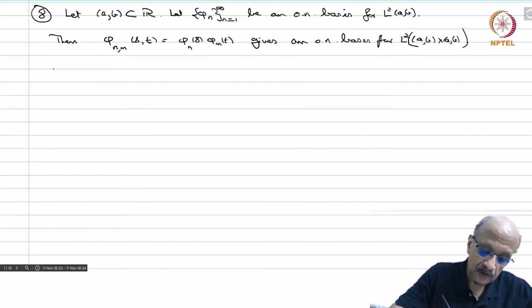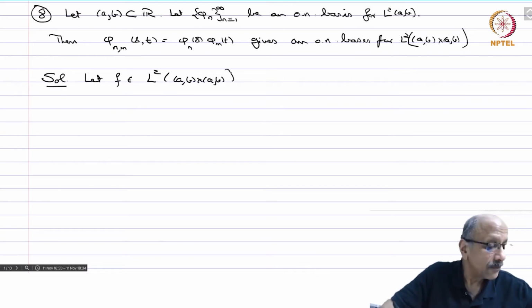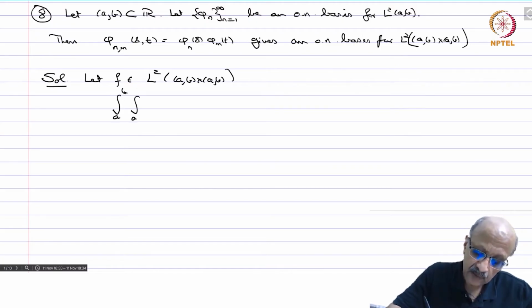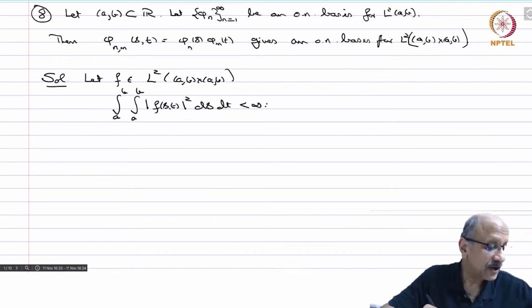Okay, so solution. So let f belong to L2 of AB cross AB. Then what do we have? Integral A to B of mod f(s,t) square ds dt is less than infinity. So then by Fubini's theorem,